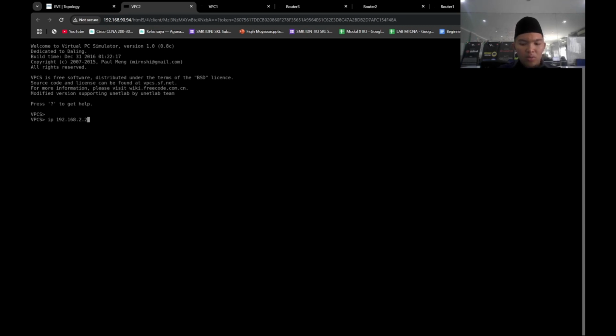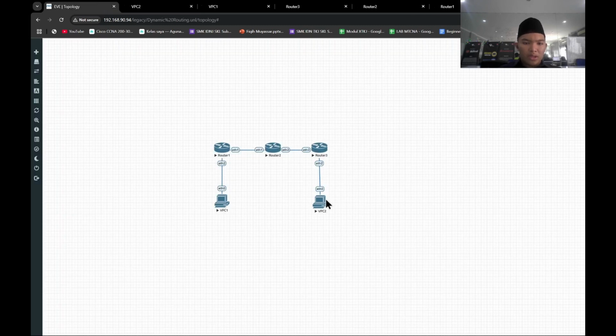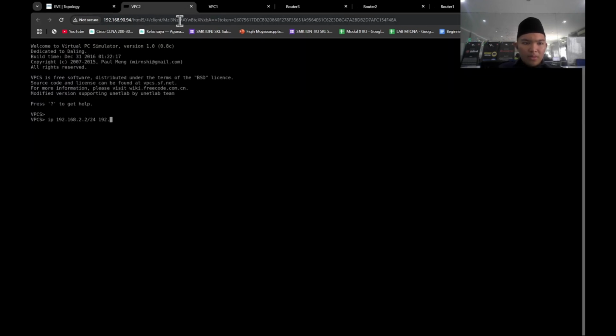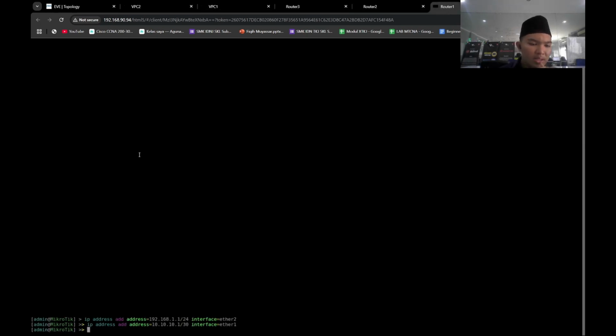And then the gateway is same like in PC1: the gateway is the IP address of ether 2 of router 3, 192.168.2.1.